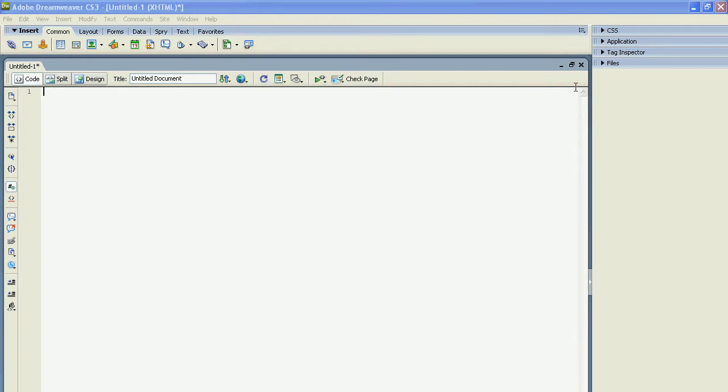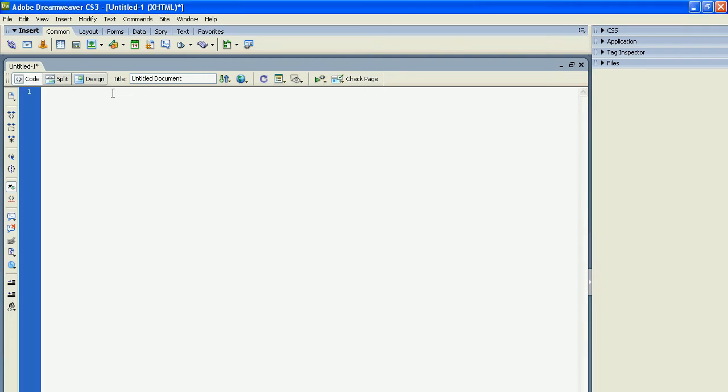Okay, so I'm in Adobe Dreamweaver, and I'm just using this as a text editor that's going to highlight code for us. And I'm switching back and forth between the code and the design view. This is some basic stuff for those who need some basic knowledge. Okay, so